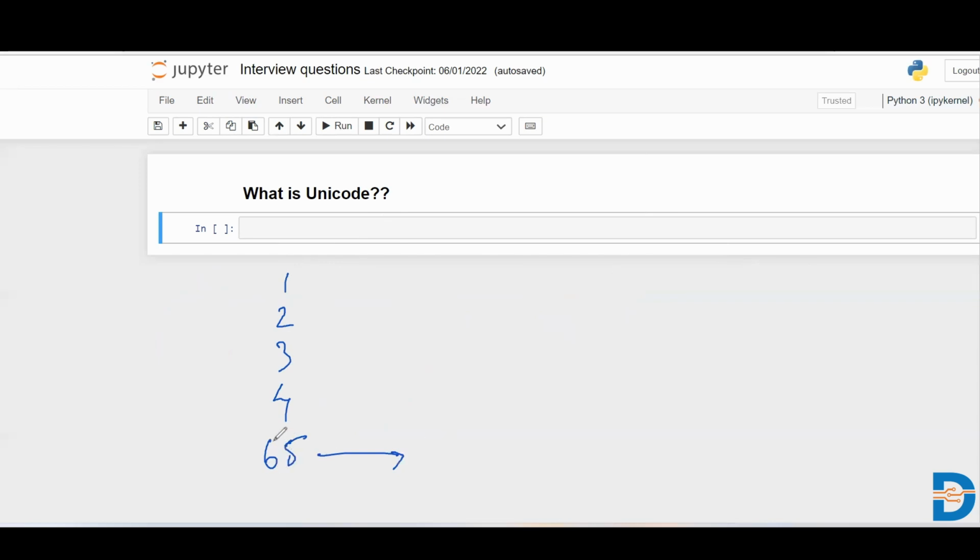Let's take the number 65 as an example. This can be converted into its corresponding binary value, and this is the corresponding binary value for the number 65. But if you talk about a character A, how can we convert this into decimal? So scientists came up with a solution back in 1960 with a table called ASCII, which stands for